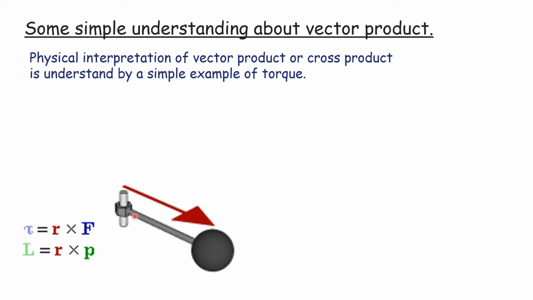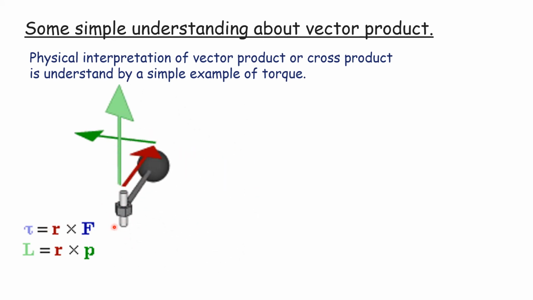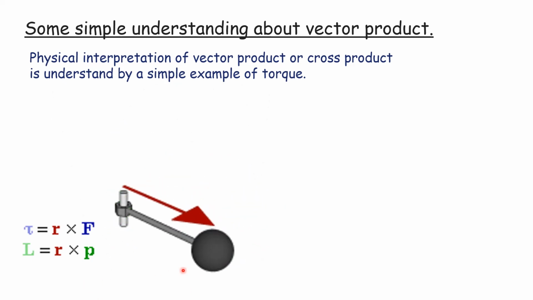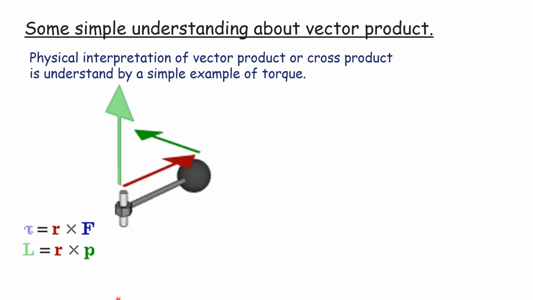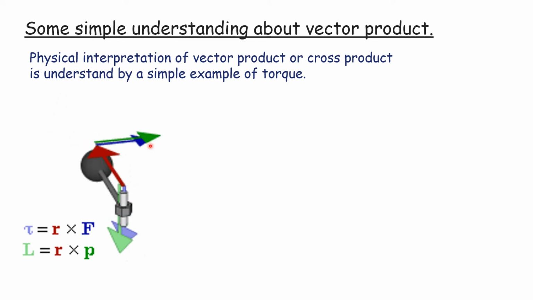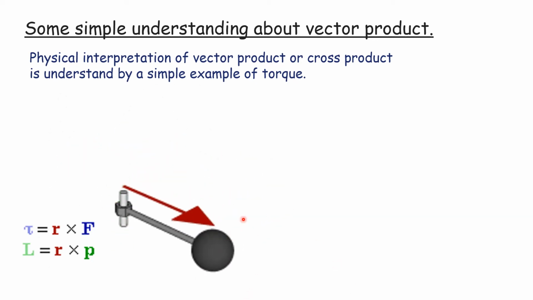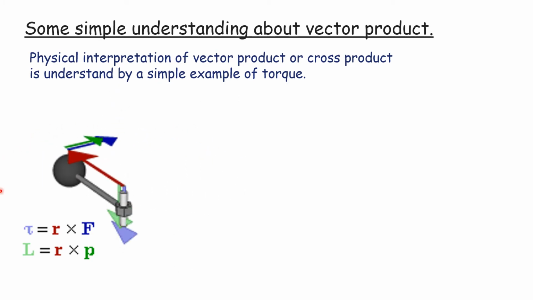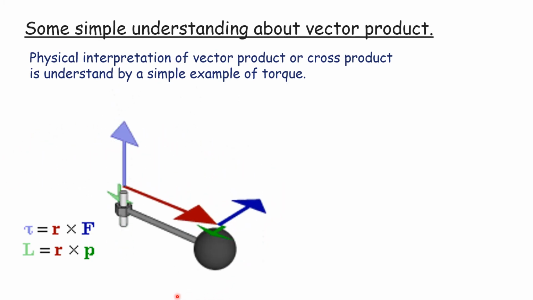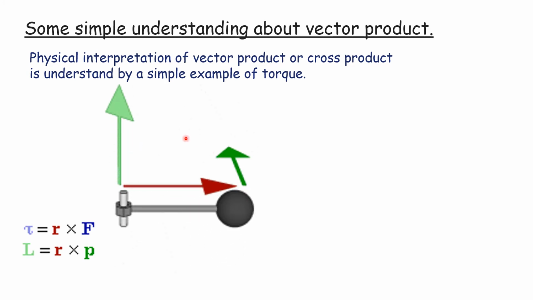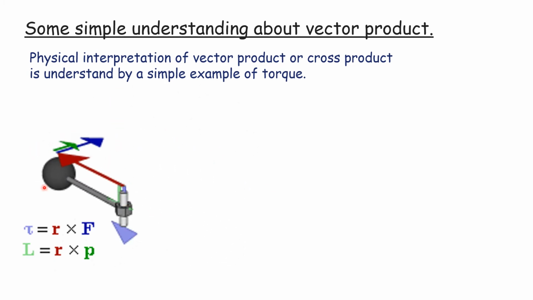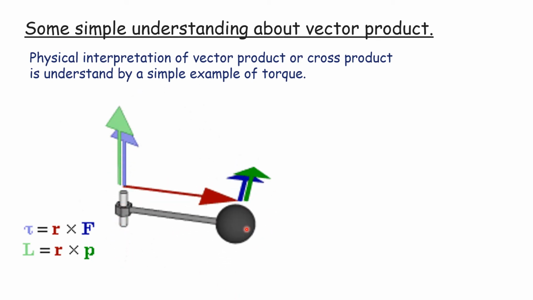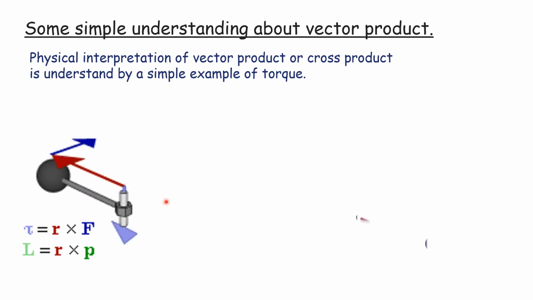So this is the torque. This is something known as torque, where we apply the force in the direction of the tangent to the circle. This makes a circle, and our force is a kind of tangent to this circle. Now our tangent is in the anti-clockwise direction or in the clockwise direction. If it is in the anti-clockwise direction, the ball goes upward. In the clockwise direction, the ball goes downward. So this is some simple physical understanding.